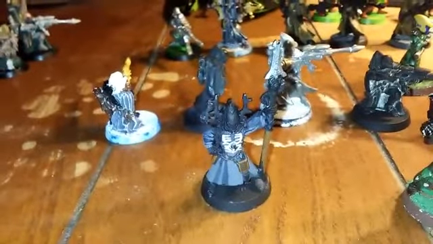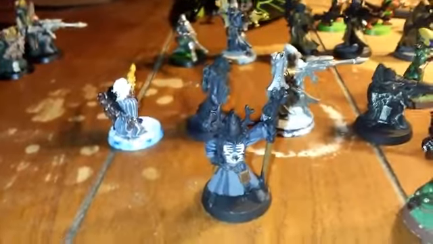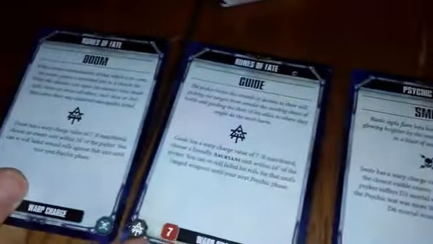Then I got a Farseer here, even though this is a Warlock. He's painted, so that's why I'm using him. But he's got a Witch Blade, and he's running with Smite, duh. But he also has Guide and Doom, because they're standards, why not? I like the rerolls, they're great. Yes, I'm only on a 3-up, but at the same time...